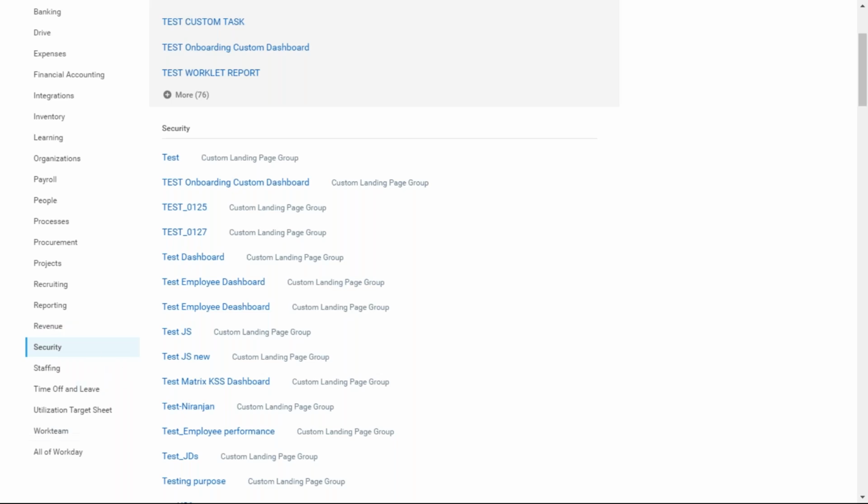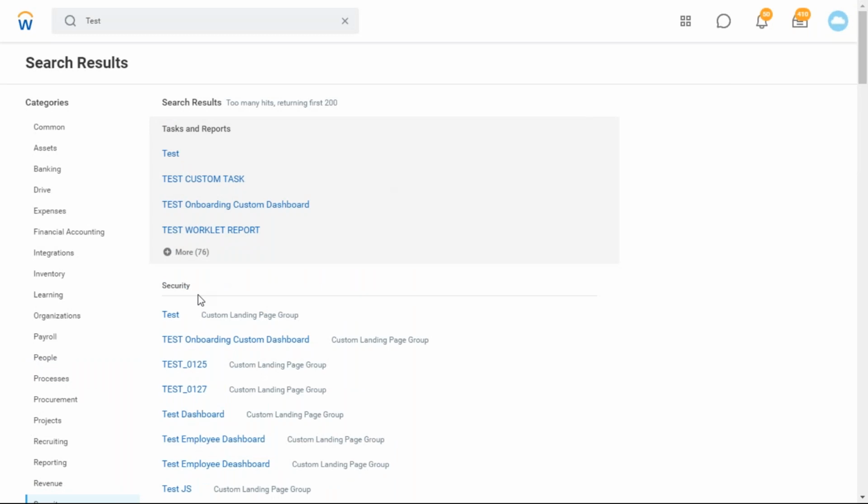Let's say I'm working on HCM, so I would see compensation, payroll, and all of this listed in the HCM categories. And I can access all the things. I can edit them, meaning I can make some changes in it. In security we'll discuss two kinds of access: only view, or edit also you can give.